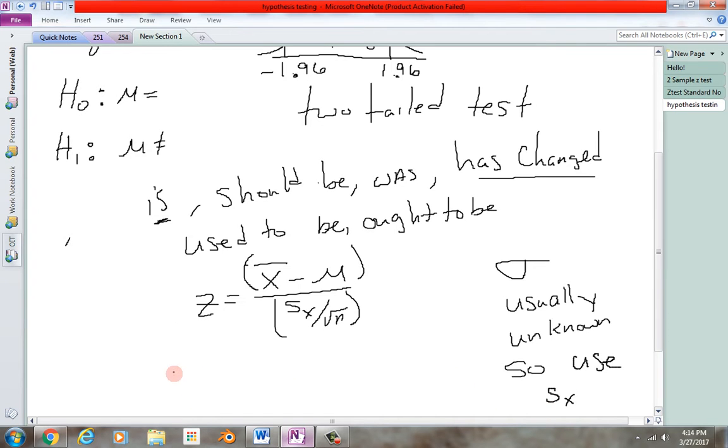But here's the idea. If this z you found, which is what we call a test statistic,